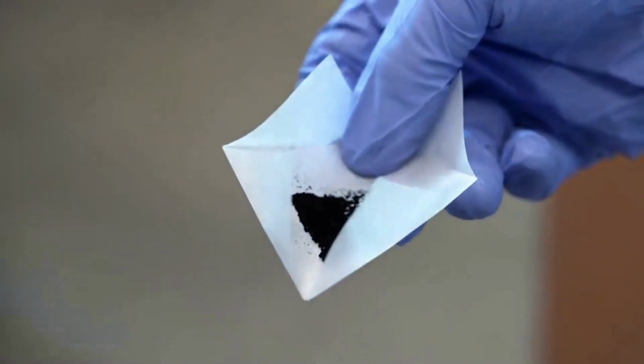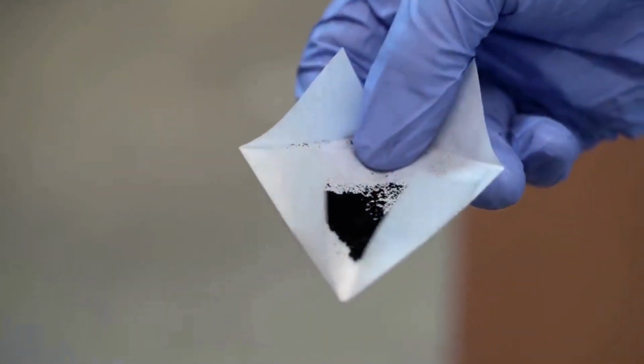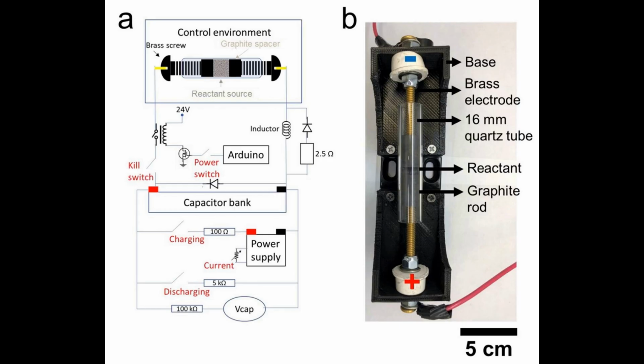So it's been disappointing until about 2013 when Rice came out with something called flash graphene, and flash graphene was a method of making graphene supposedly easily. The setup is surprisingly simple. It's a couple of brass rods stuck in a glass tube with the sample in between them,